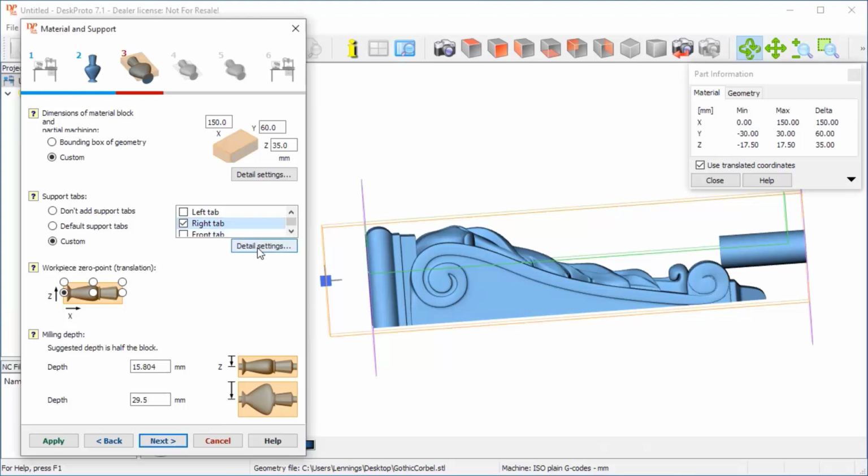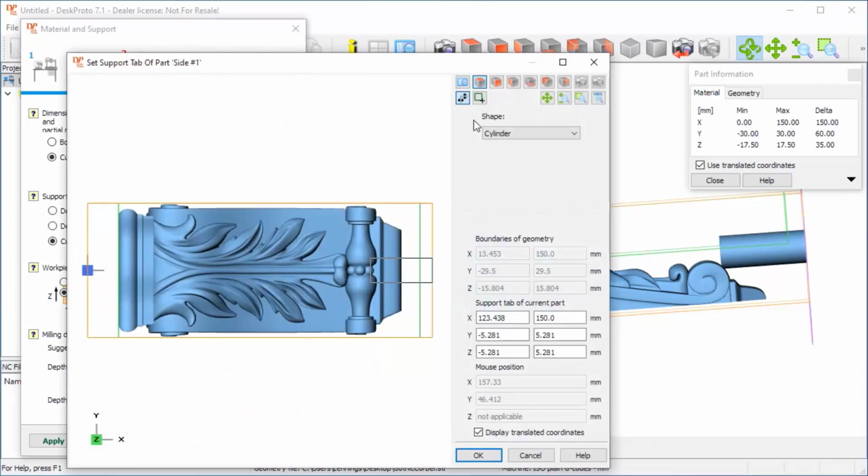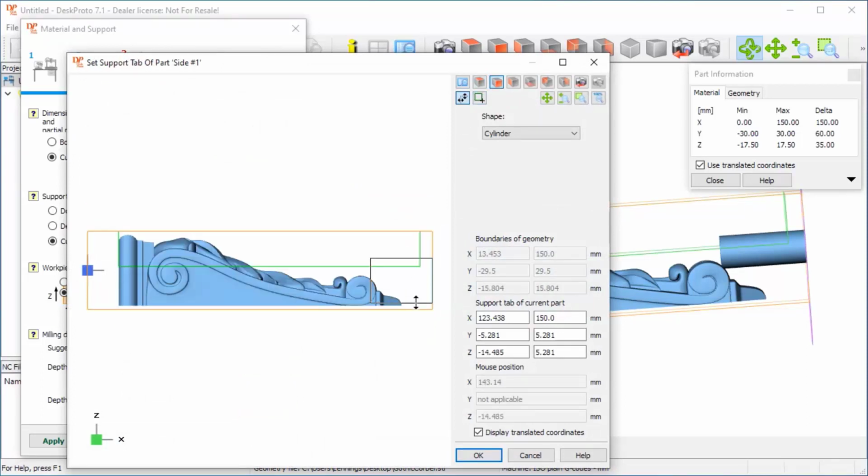So I can enter into the detail settings of the support block and move it down a bit. So let me say I will want to make it a bit larger as well, the cylinder, because some stability is needed here. So I want to make it 60 millimeters diameter, which is 8 millimeters in all directions, here from -17 to -1.